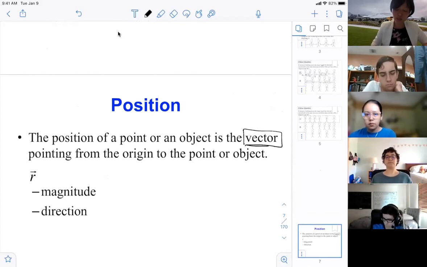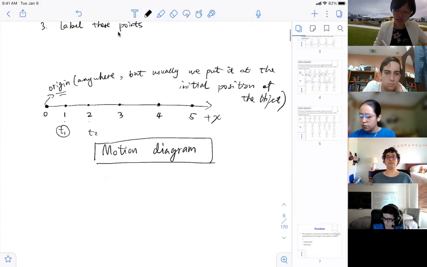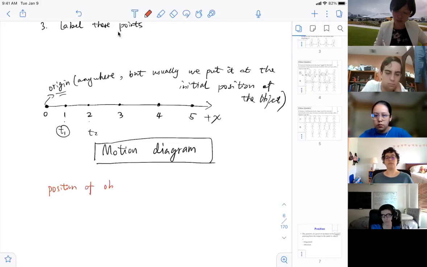So let's go back to our motion diagram. Say I want to find the position of the object at 4. You start from the origin and draw a vector,